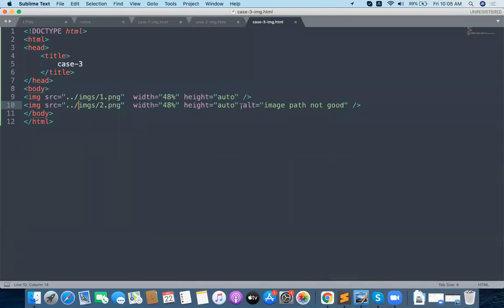Whenever you don't have the image, you can see the alternate text like this. HTML is not giving errors. That's what you actually have to learn. You need to write proper HTML only. This is not a debugging process. HTML does not have any debugging. If you're not giving the proper path, the proper name, or the proper tag, the browser is automatically empty. Nothing is executing because you are not writing the proper code. You have to understand that.